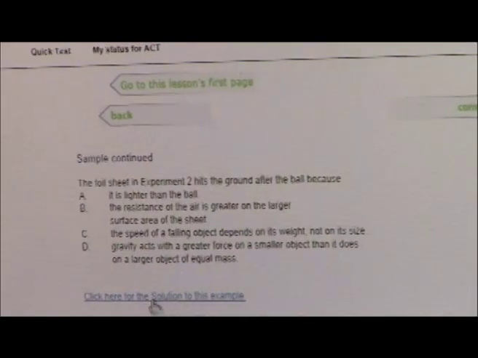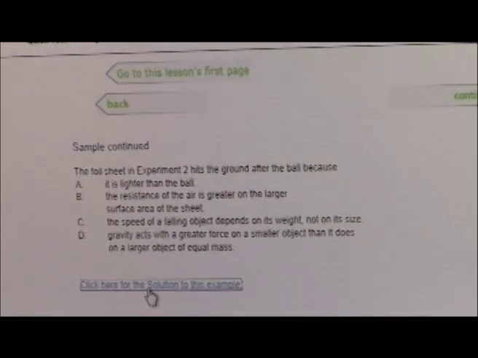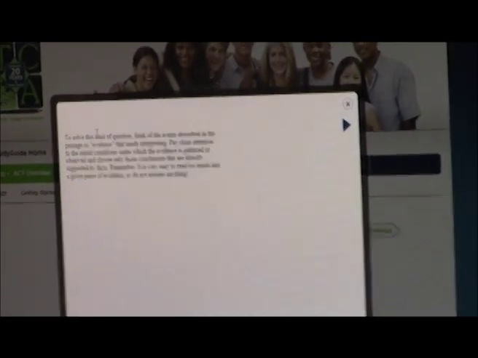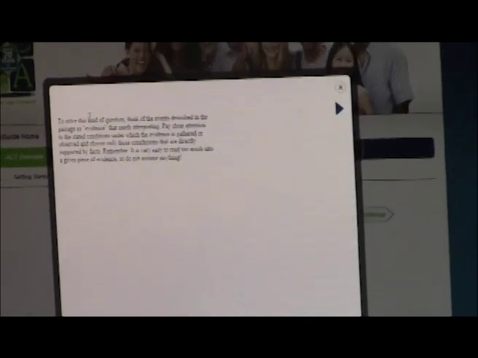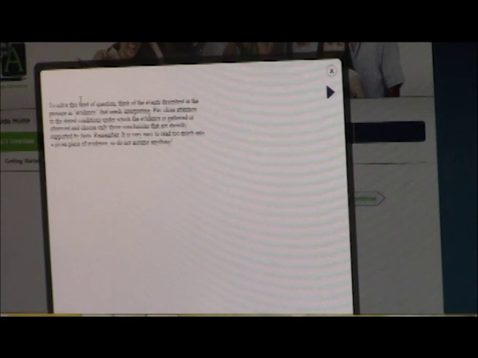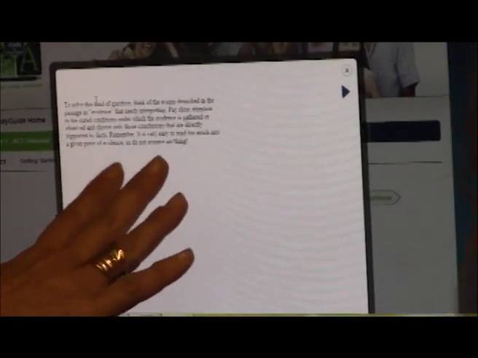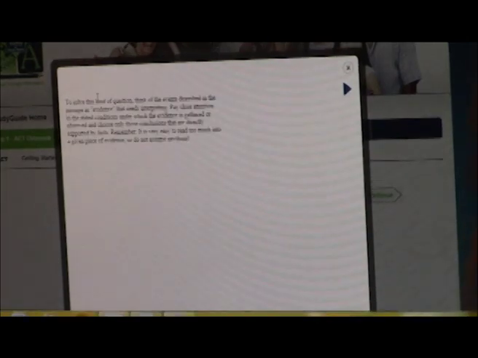So we're just going to do that. We're going to see what it does here. Click here for a solution to this example. Okay, it tells you what you have to do in order to solve that kind of question. It says, in order to solve this, you have to think of the events described in the passage as evidence. And it explains exactly how you would be able to come to the right answer on that. And so remember, it's very easy to read too much into a given piece of evidence, so don't assume anything. And it's giving you a little lesson, and then you continue,